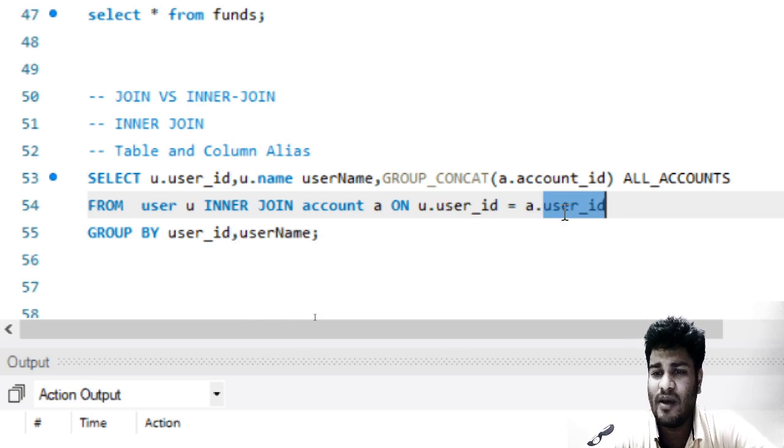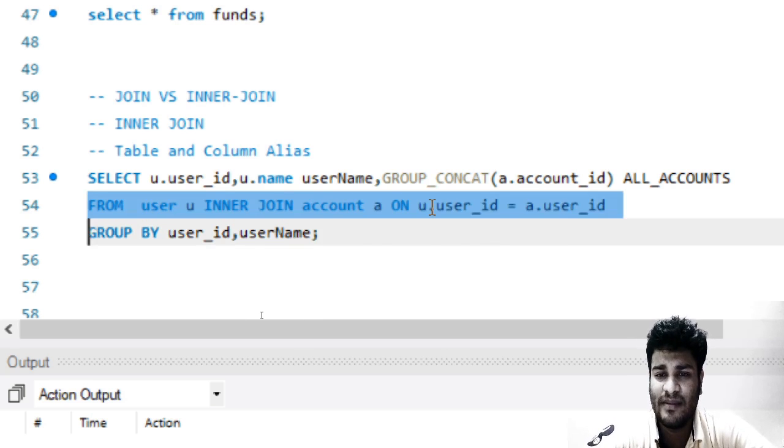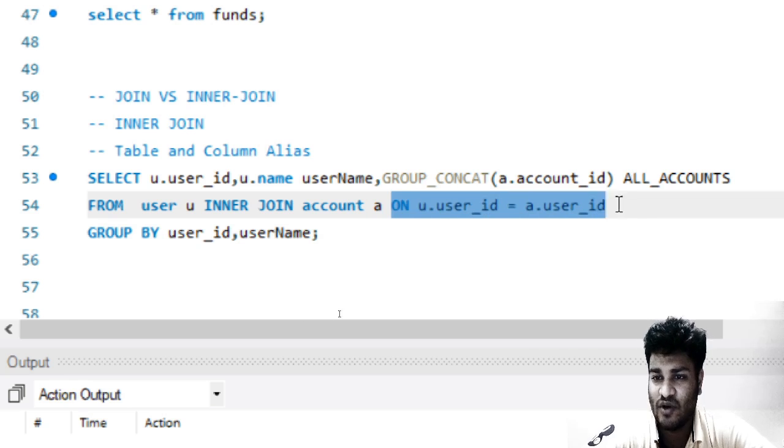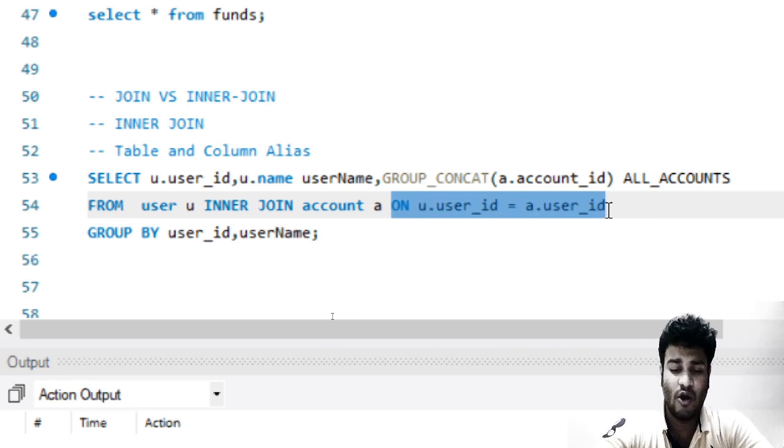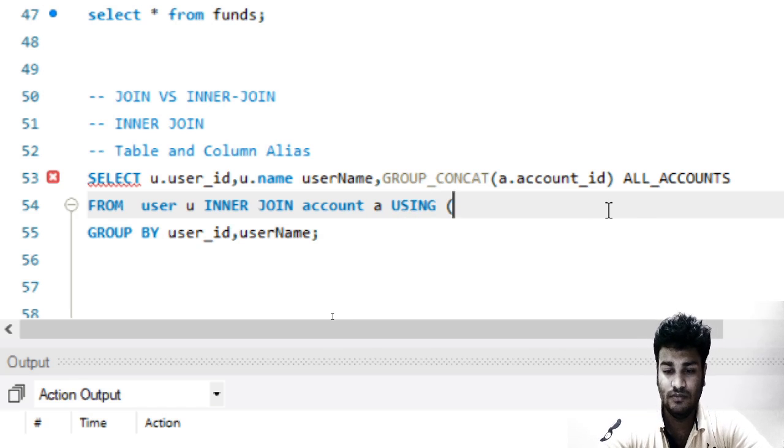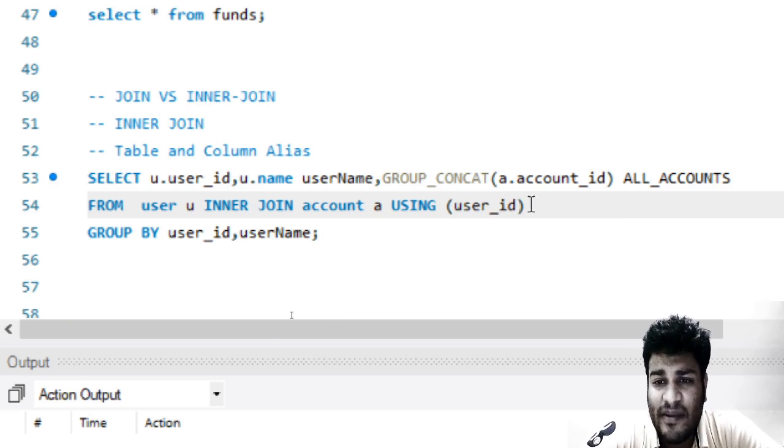As the column names are the same in both of them, rather than using this statement, and again I am reiterating, this statement is correct, we can also use something like this. So this means that this particular column is present in account table and user table, and we want to do the inner join using this column.